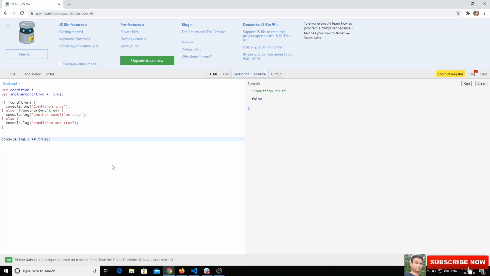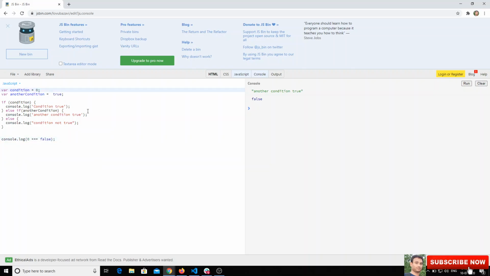With the double equals, true and 1 are considered the same. In the same scenario, if you take 0 and check it against false and execute the code, we got true, so 0 and false are the same. If I check with triple equals, we get false, so 0 and false are not equal when the type is also compared. So we can think of boolean 0 as false, and 1 as true.